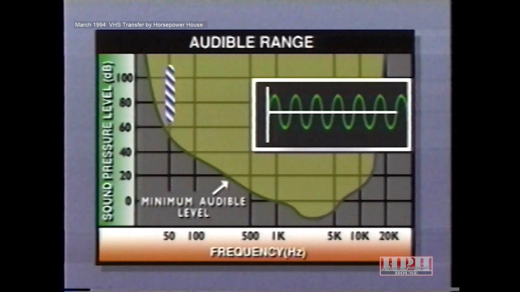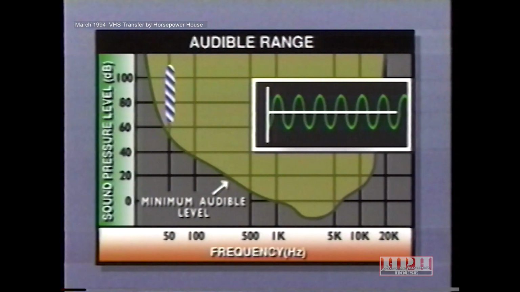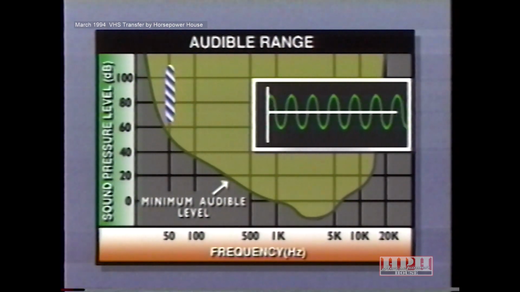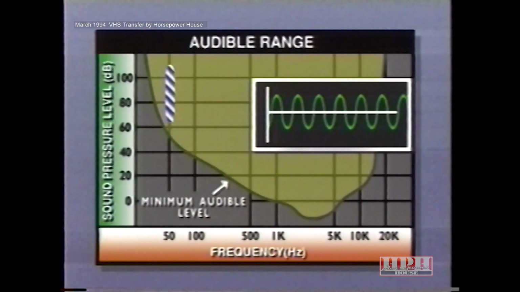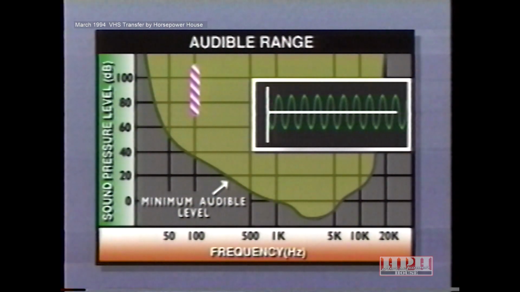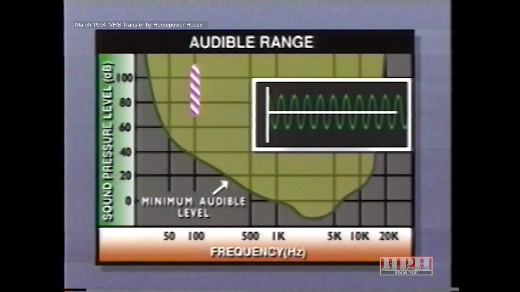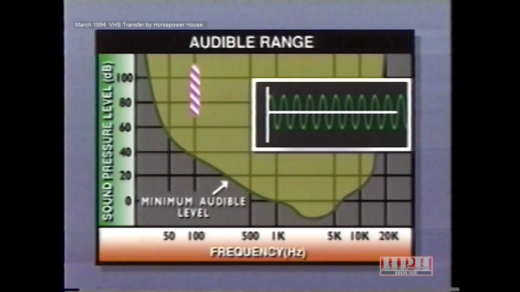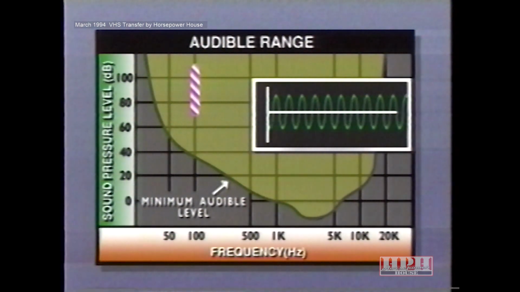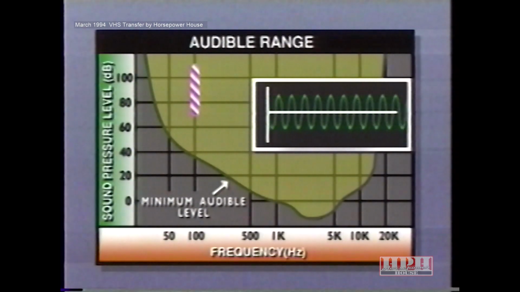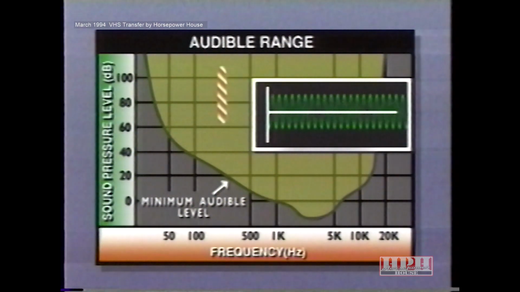On the other hand, an object vibrating at a frequency of 50 Hertz is within a human's audible range, but is still hard to hear. Its sound is similar to a low-speed droning noise. An object vibrating at a frequency of 100 Hertz creates a sound similar to a mid-speed droning noise. And an object vibrating at a frequency of 200 Hertz creates a sound similar to a high-speed droning noise.